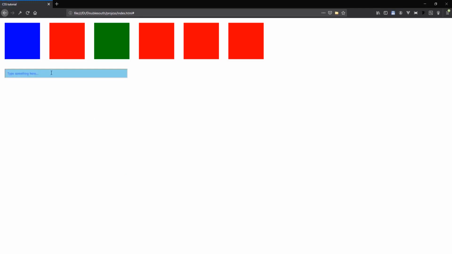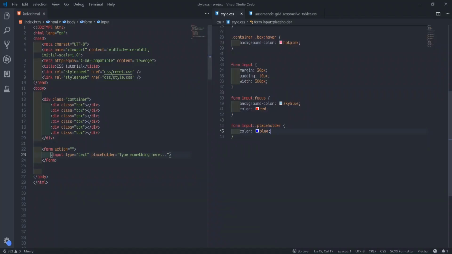By the time I click now, it changes, you see it shows blue, but when I start to type now, it shows red. Then the pseudo classes now, we use for CSS. In fact, before I go further here, I might just do another one again.